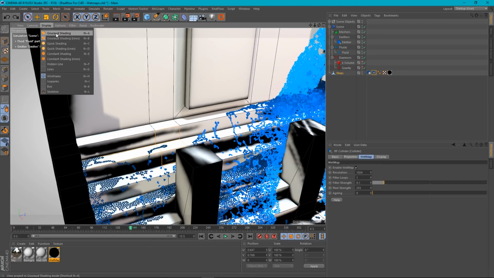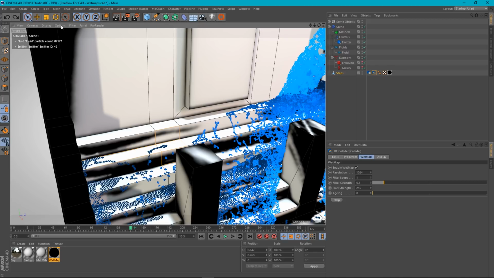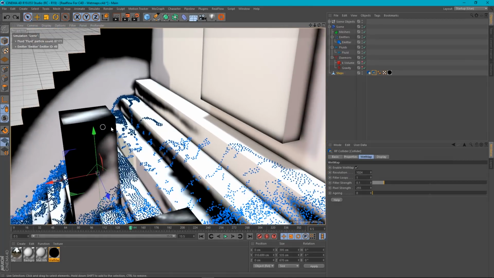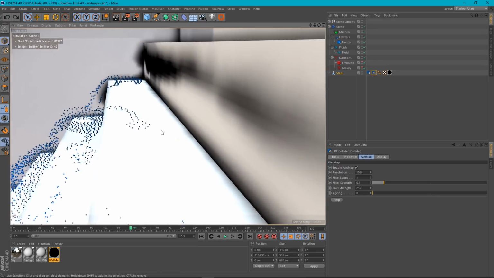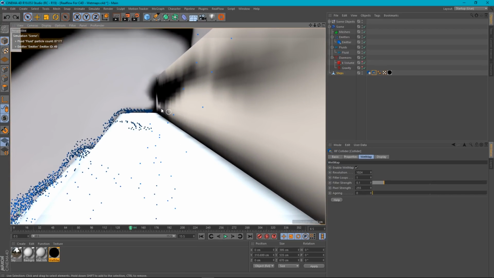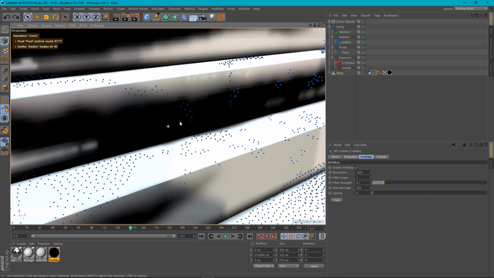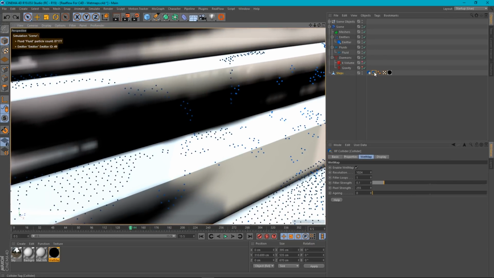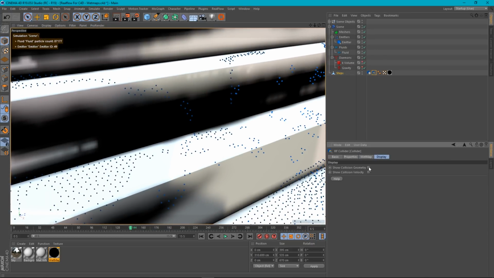I'm going to change the display mode to Corralled Shading and come out of that mode. Here we go. So now we can see that there's a black line that runs along here, and you may be thinking, well, it's probably because the particles haven't got in there, and that may be the case. It might be a collider shape. I can tell you in my case, my collider shape, if I go to display and turn on collision geometry,